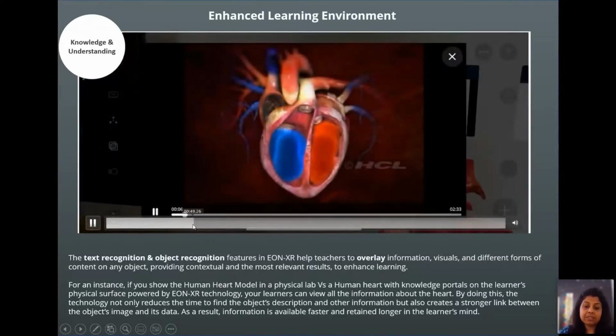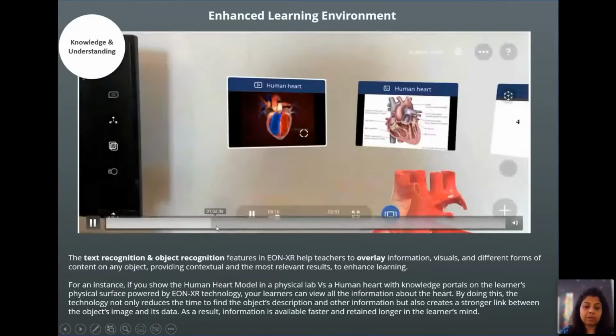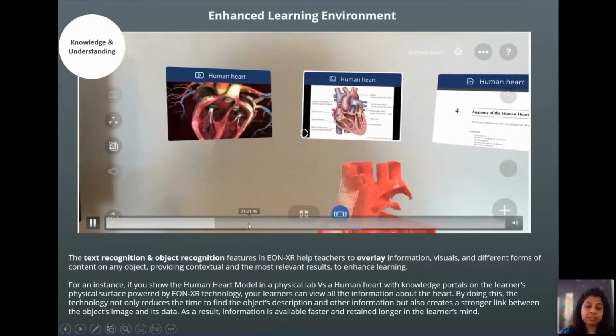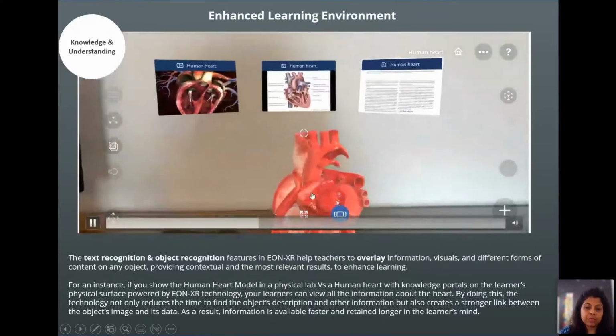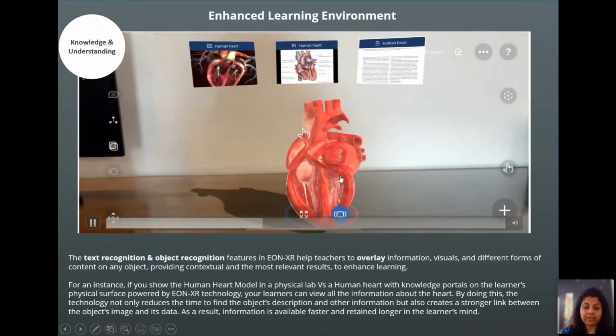Similarly, we have a feature that allows you to use image object recognition, or 3D object recognition rather. So here the heart that is there in front of you, you can use the